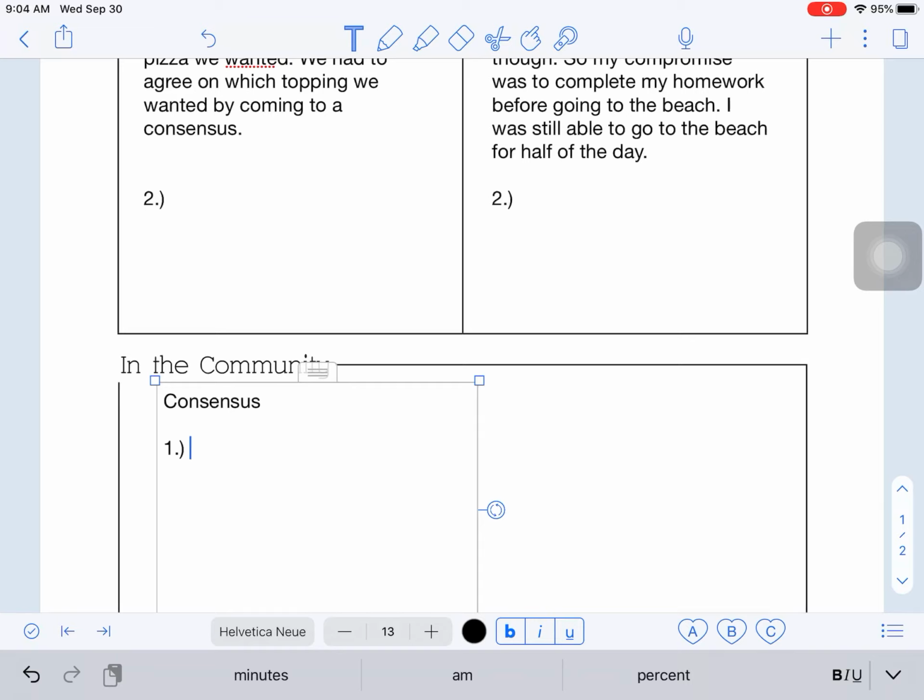So then I have to think to my community. What is a consensus that my community might have had to come to an agreement about? Okay, so maybe there is a town hall meeting about creating a new park in our community. And at the town hall meeting, they have a vote of either yes, we're going to build a new park in our community, or no, we're not going to build a new park. My town hall members might vote, and if the majority says yes, then we could have a community park. And if the majority says no, then we won't. So for my example here, I'm going to say, in a town hall meeting,